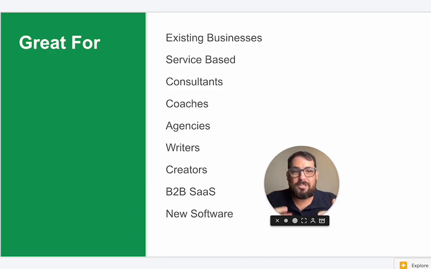Maybe you're an agency, an SEO agency or a marketing agency, and you have cheat sheets, you have examples, you have tutorials, you have things that you use consistently. Maybe you created your own sheet of tools. Maybe you're an SEO agency and you created your own spreadsheet for keyword research. Maybe you're a writer, a copywriter, or a long form writer, and you have examples and you have copy you want to sell as a product or a package.